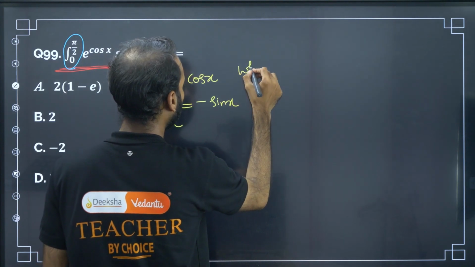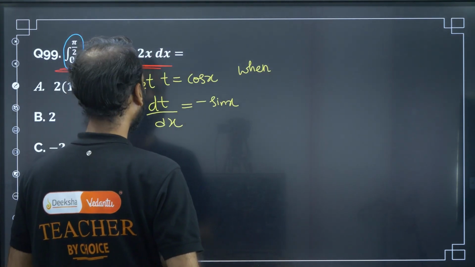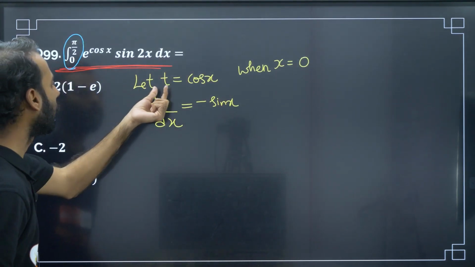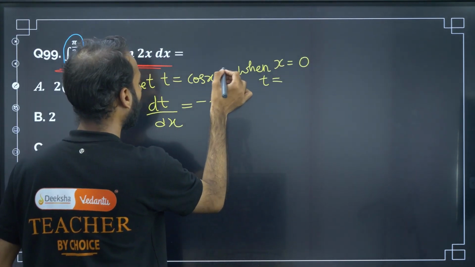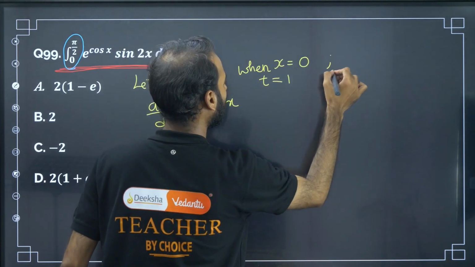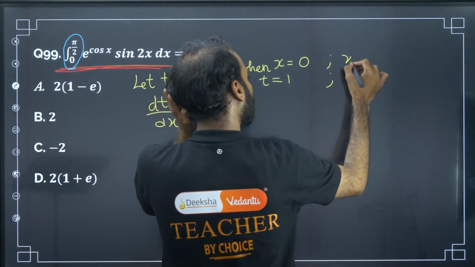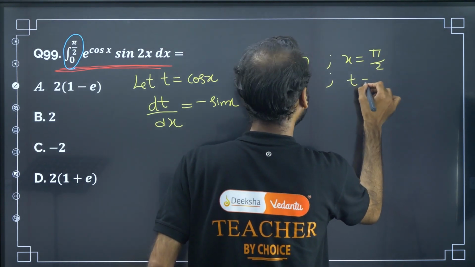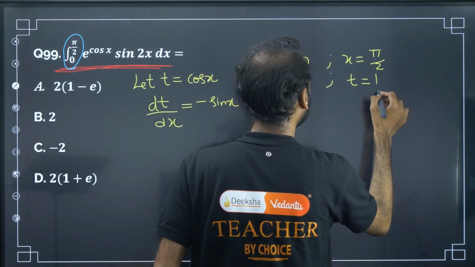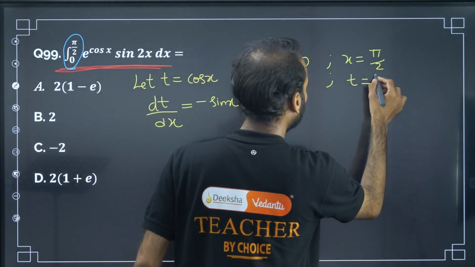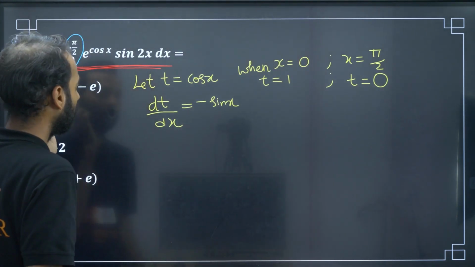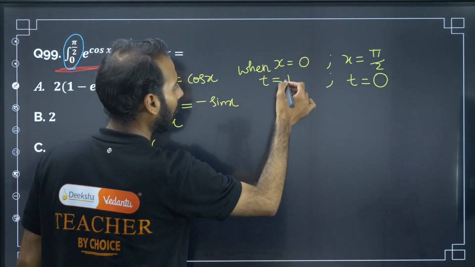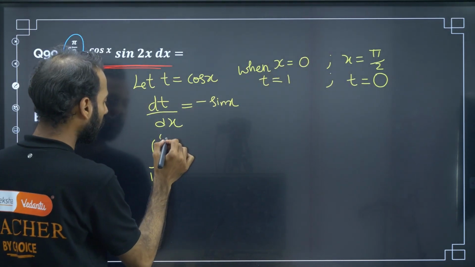When x is 0, t is cos 0, which is 1. Next case, when x is pi by 2, t is cos pi by 2, which is 0. Now this integration gets transformed: the limits 0 to pi by 2 now become 1 to 0, e raised to t,